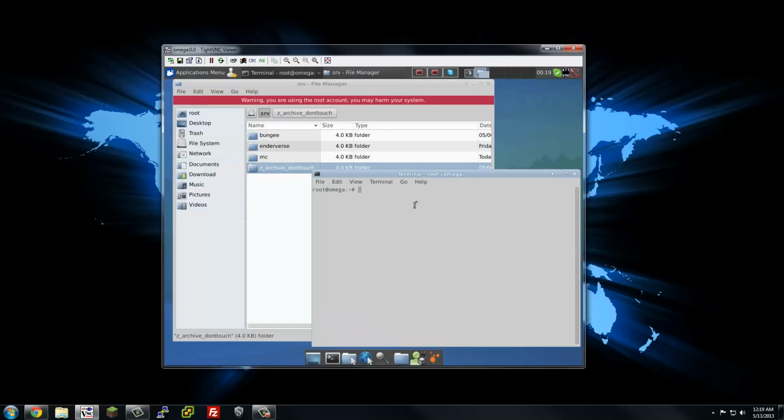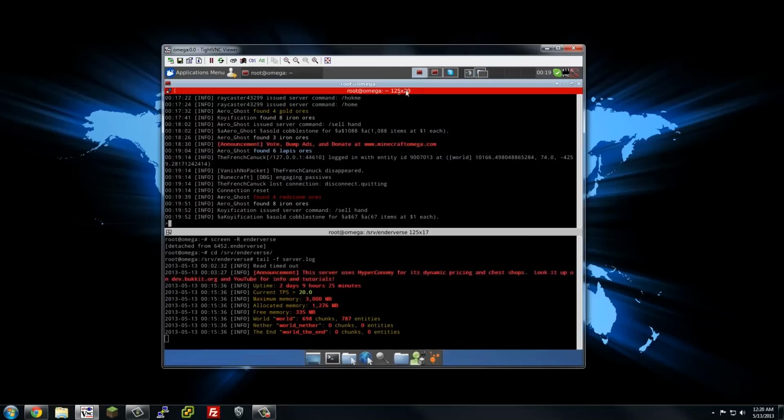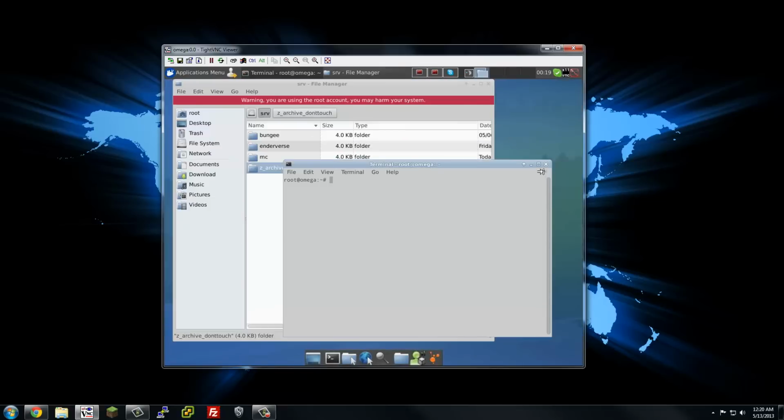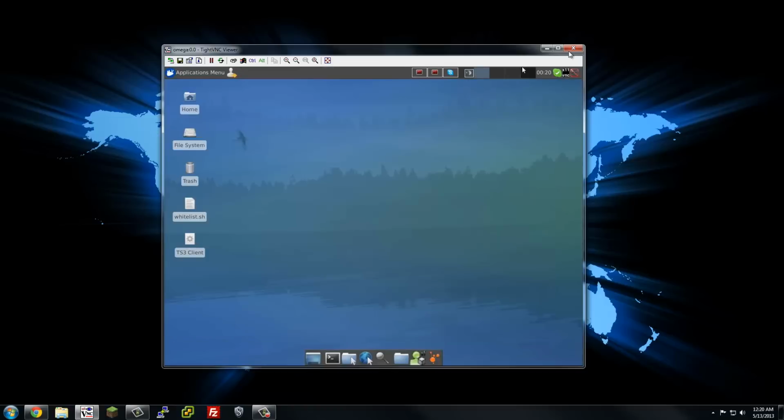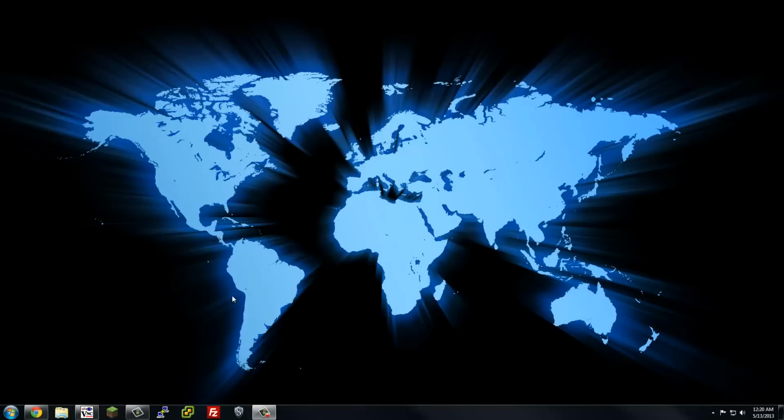Pull up another command line. This is the old dirty command line, but this is Terminator, so it looks a lot cleaner. Let's see, some more workspaces if I need them. Okay, so that's what I'm typically doing, and then I also have